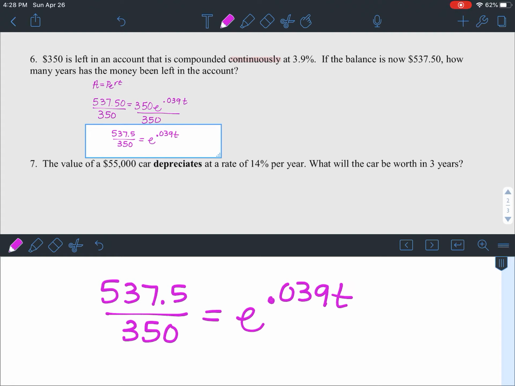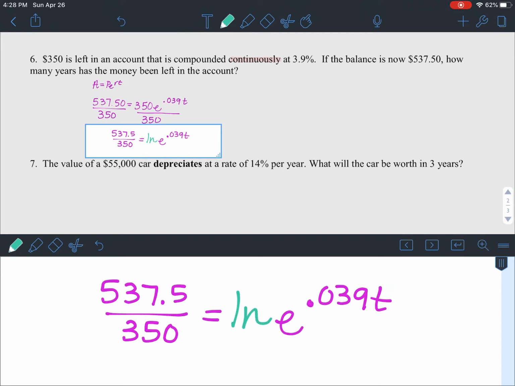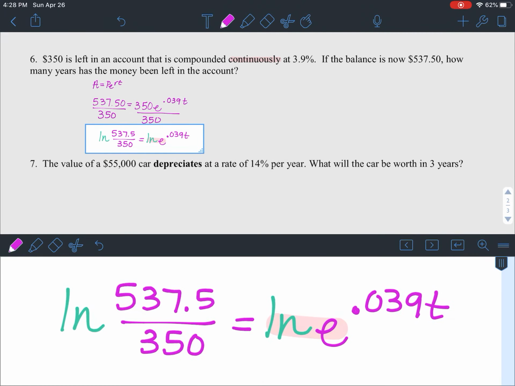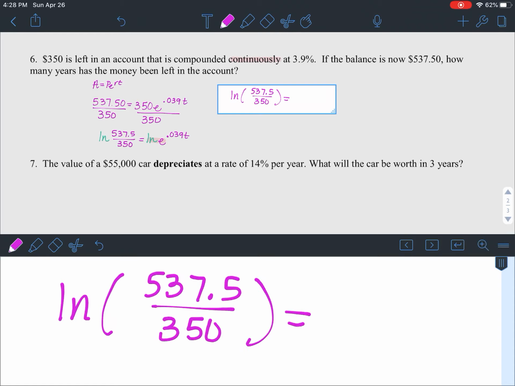I don't feel like writing out that ugly decimal at the moment because I know the next step, and I'm just going to move this over to save myself some writing, is that I'm going to have to take the ln of both sides. ln. So now we know ln E is just 1, so I've got ln of this ugly decimal, 537.5, and we're going to plug that in our calculator, over 350, equals